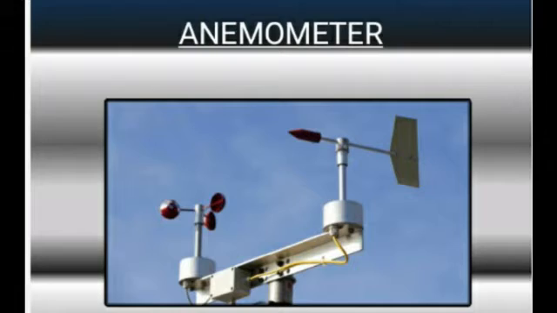So nowadays there is an automatic anemometer called the anemograph. What is it called? An automatic anemometer is called an anemograph. It is used to measure and record the wind speed on a graph paper continuously. So in the barometer we learned the barograph, isn't it? So here in the anemometer we are learning the anemograph. So why is this anemograph used?